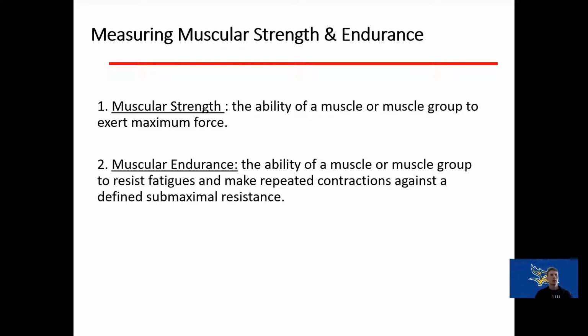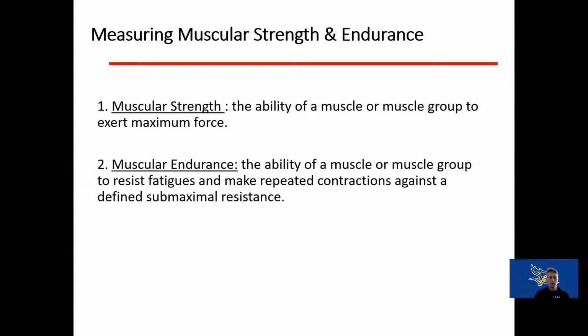Now we're going to talk about muscular strength and muscular endurance. So these are muscle function tests. So we know that muscle strength is the ability for a muscle group to produce maximal force. So think about this as like one repetition maximum. Muscular endurance is the ability to resist fatigue over repeated contractions or maintaining contraction at a submaximal effort or against